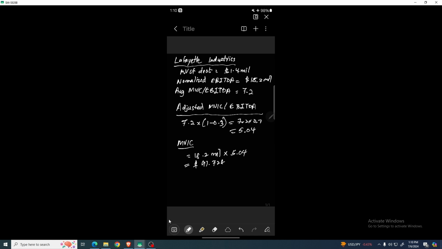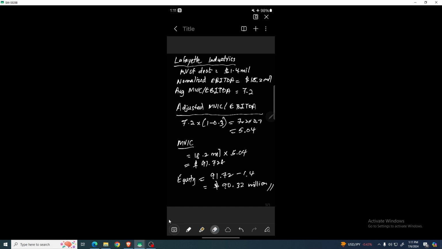So we have the market value of invested capital to be 91.72 million. We have the market value of debt to be 1.4. So equity is basically going to be 91.72 million minus 1.4 million. It is roughly 90.32 million, the equity value. So you can see, although it seems quite complex, the overall application is going to be